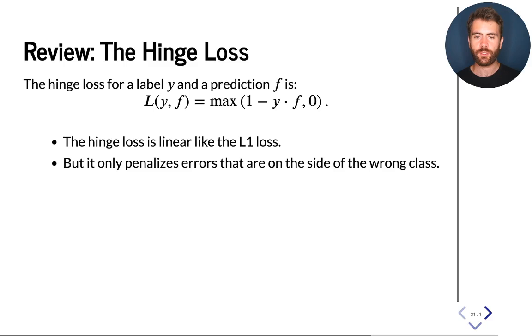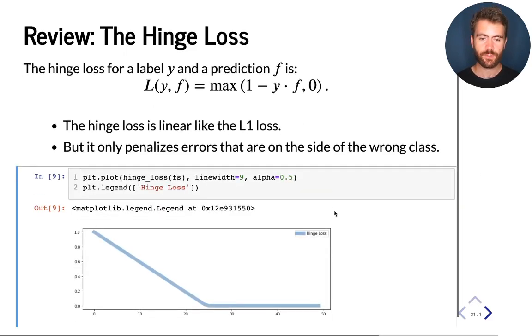So it's only penalizing errors that go towards the wrong class. If we're at 1 and we're predicting something less than 1, then we assign the same penalty as the L1 loss would. But if we are greater than 1, if we're predicting away from the wrong class, then